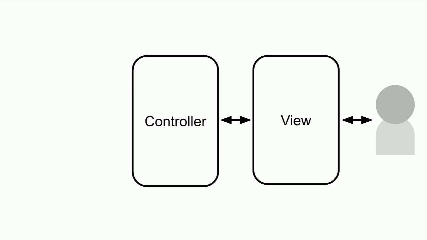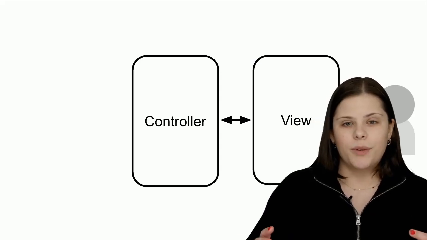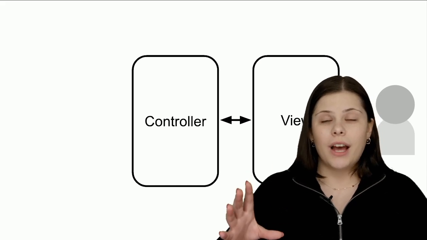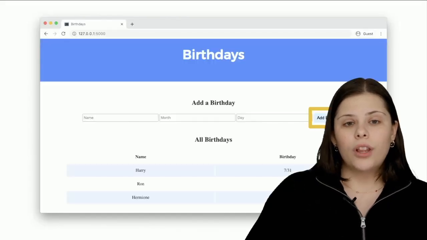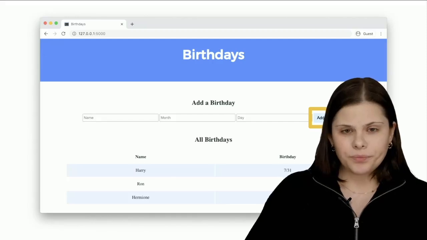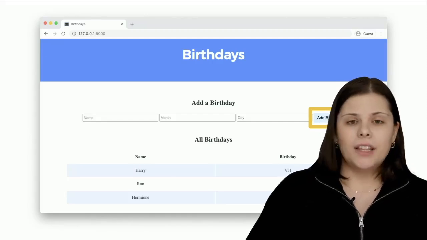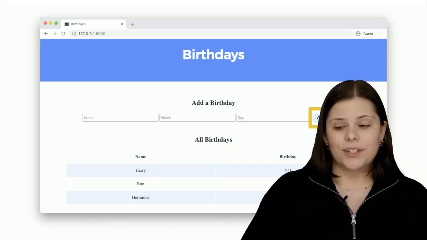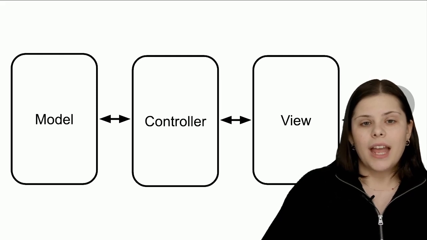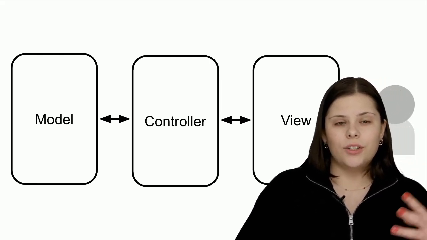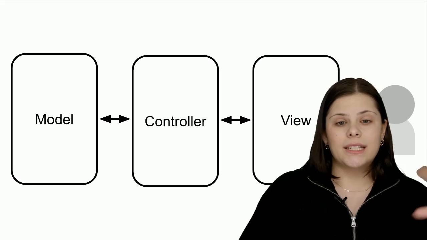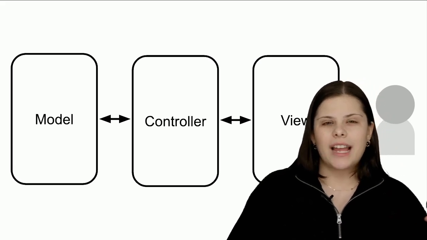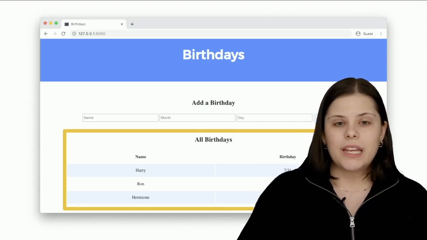The second part, the controller, is this intermediary guide that helps actually have this interactive part between, okay, this is what the user sees, the view, and the model itself. So the controller would be, for example, submitting, adding the birthday, right? Like having this interaction in our application. And then lastly, the model is usually where we would store our data, right? So something that exists on the back end that user doesn't necessarily have access to,